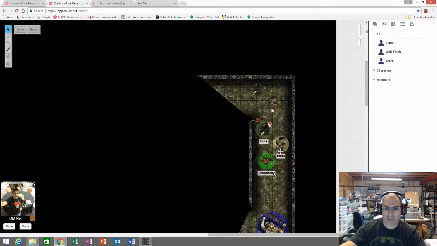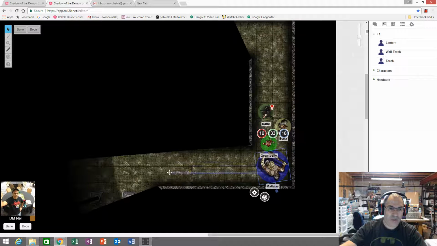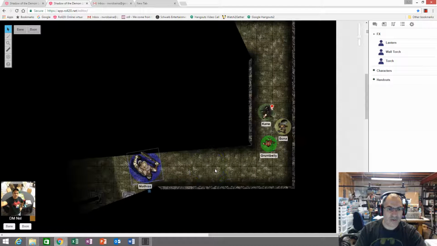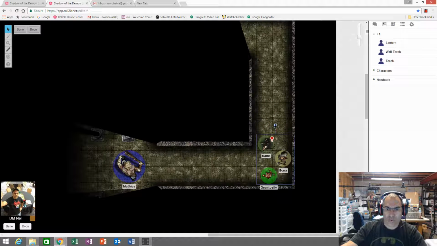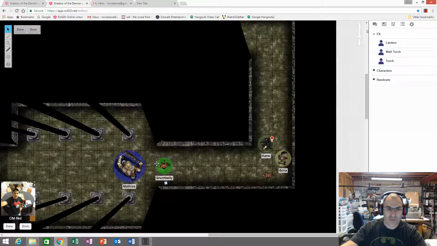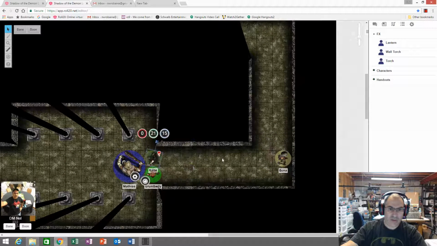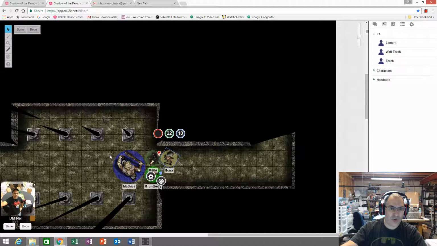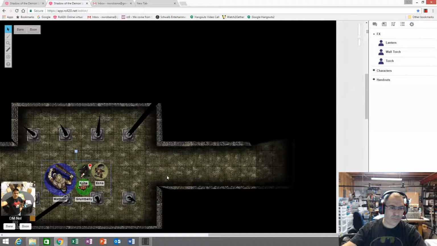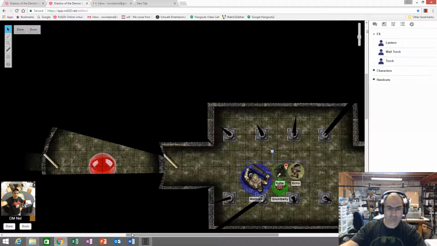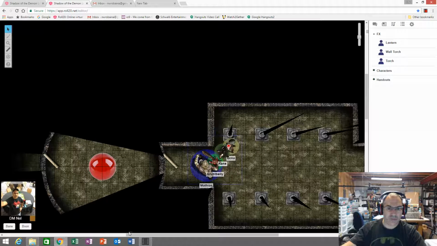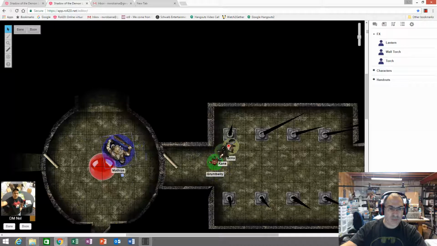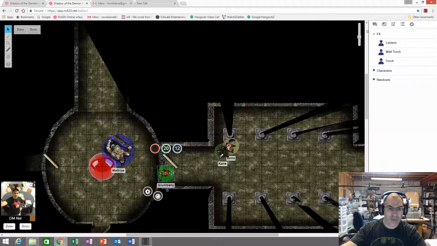I am on the player view of Roll20 because I wanted you all to see how the dynamic lighting works in action. It's just a little bit hard to move everybody here because the walls block progress due to the dynamic lighting. So they move through here and they come to the door here, and they enter this next room, which is a room that they had already been in.